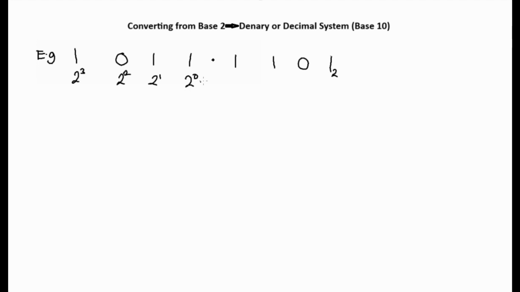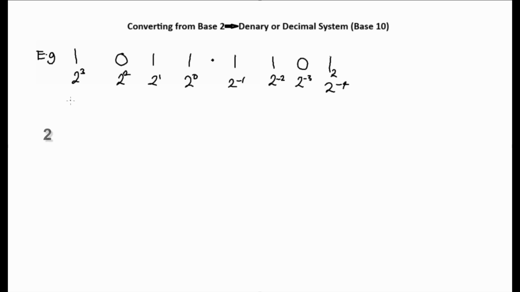Then if we read from the center to the decimal part, we have 2 to the power of negative 1, 2 to the power of negative 2, 2 to the power of negative 3, and 2 to the power of negative 4. 2 to the power of 3 is 2 times 2 times 2, which is 8, and 2 to the power of 2 is 2 times 2, which is 4, and 2 to the power of 1 is 2,